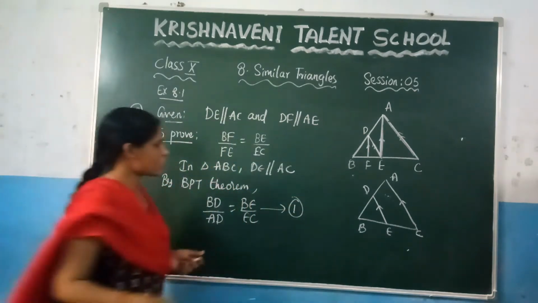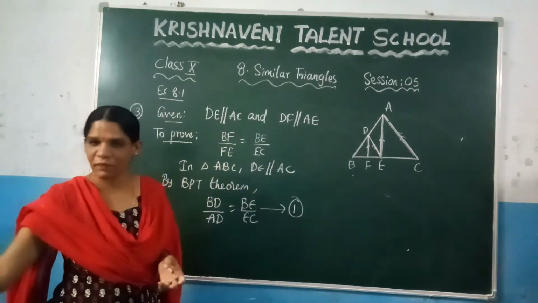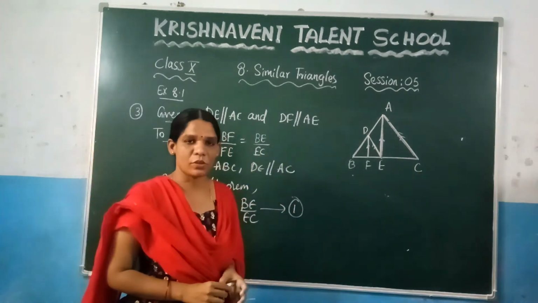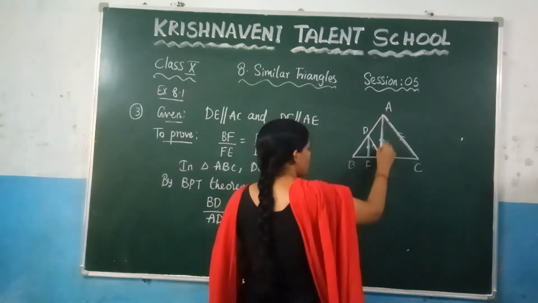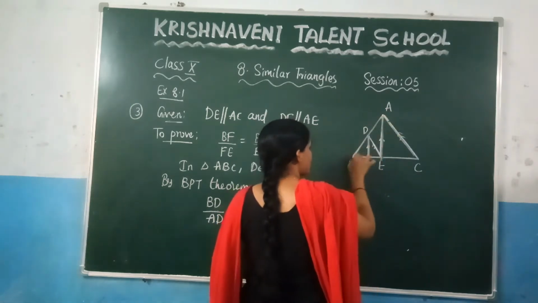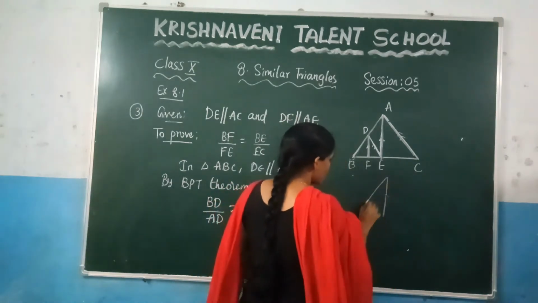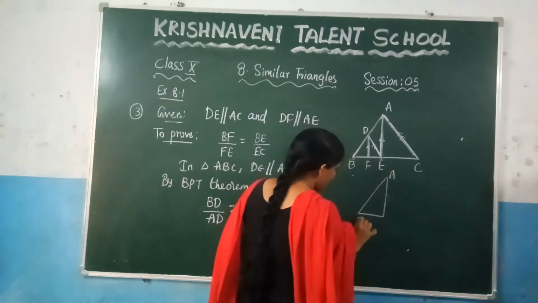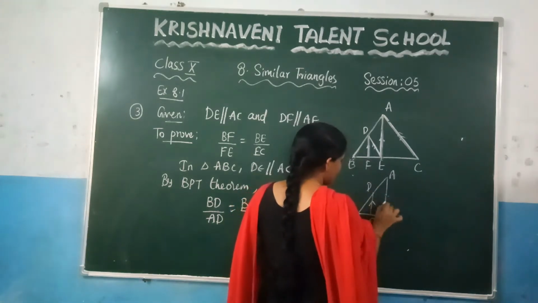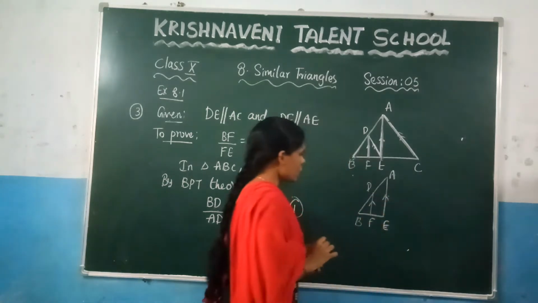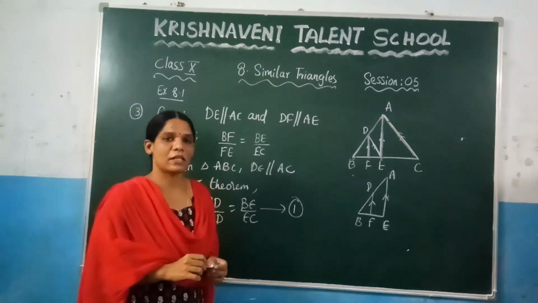Now see here, what is the second condition given? They have given DF is parallel to AE. If you choose this condition, which triangle do you need to choose? Let us check. They have given DF is parallel to AE. That means you need to choose the triangle ABE. Again I am drawing it separately to understand. So if you consider the triangle ABE, they have given DF is parallel to AE. This line and this line are parallel. If these two lines are parallel, again by the basic proportionality theorem you can write the other two sides are divided into the same ratio.